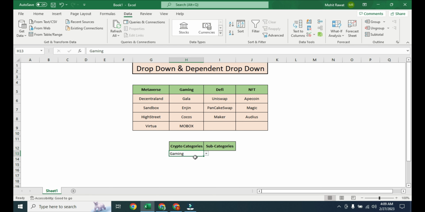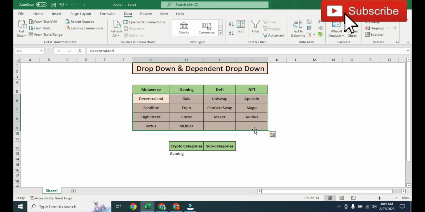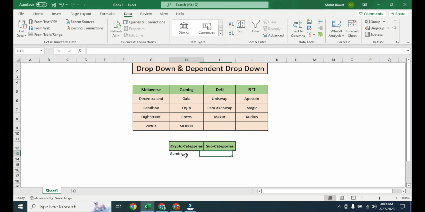What I want is when I select my gaming category here, the options which will come in front of gaming will be these options, which are the subcategories of gaming. I don't want to opt for an option from all the list. Instead of this, I will be using a dependent drop down. So when I choose gaming, I will select a subcategory only from those four options. Same goes with others. Let's suppose if I choose metaverse, the options which I need here are these four,